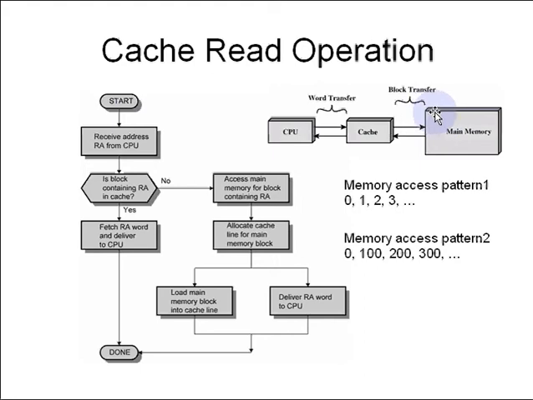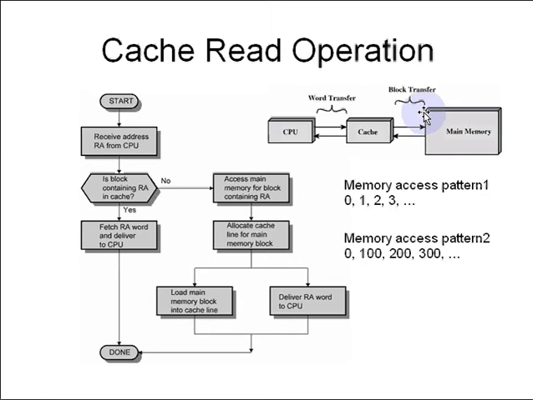The first thing is the whole block containing that particular memory address will be copied from main memory to the cache memory. So what do we mean by the memory block? Actually, main memory is divided into some fixed size blocks. For example, let us say that block size is 16 bytes, and now the CPU wants to read from memory address 0. Let's say address 0 is not present in the cache memory, so you have to go and read it from the main memory. Now when you go to the main memory, one thing that will happen is that the whole block will be copied from main memory to cache memory.